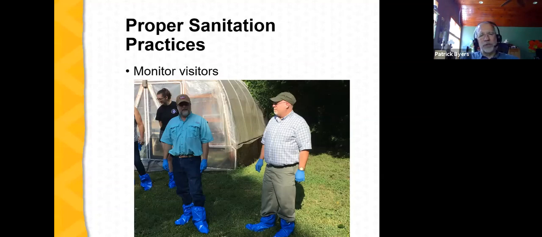It's human nature to reach out and touch things. And by just touching an infected plant, you can unwittingly become a vector and spread virus problems, bacterial diseases, or even fungal problems. Shoes, the debris that accumulates on shoes has been implicated in the spread of a number of diseases, and especially in a high tunnel setting, it's very easy to walk inside of a high tunnel, and if you don't adequately clean your feet, moving to another high tunnel and spreading problems. So think about sanitation from the standpoint of people. If you go to visit another farmer's farm, be courteous and recognize the risk, but when you get home, make sure that you clean your shoes and wash your hands before you go to work with your crops.